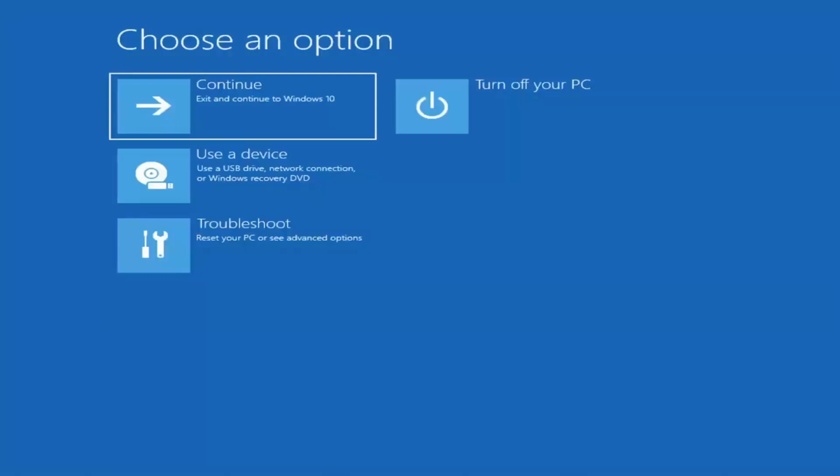So first thing I'd recommend doing would be to boot to the troubleshooting utility on Windows 11. If you do a hard power off 3 times in a row, Windows should automatically attempt to launch the startup repair utility. And if it doesn't find anything, it will give you the option to select advanced settings, in which case it will take you to a screen that looks like this. Now, if it does not take you to a screen that looks like this or you're unable to get to that,